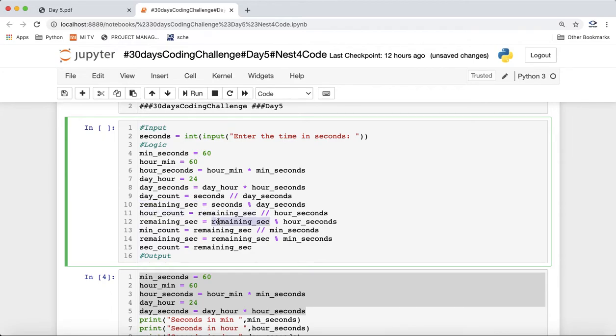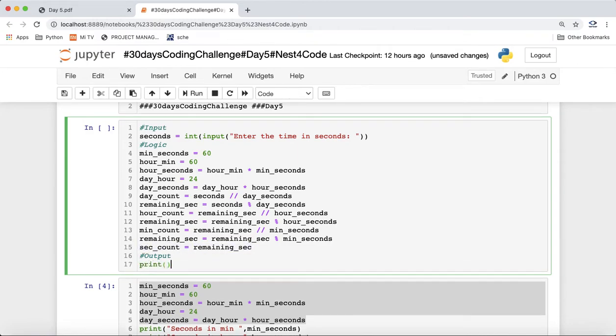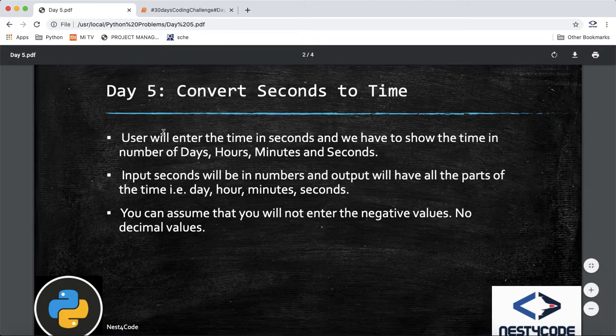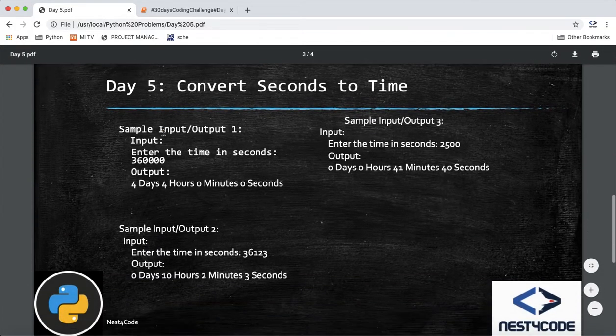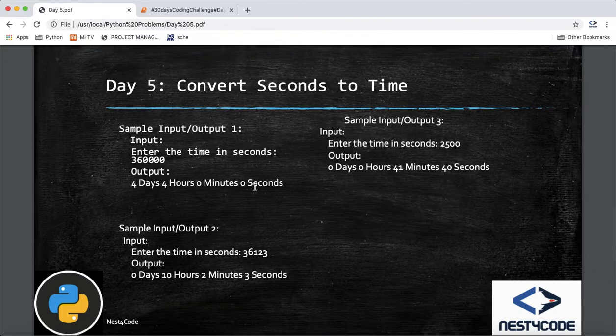Then we got the remaining seconds after we extracted the hour. Then we got the exact minute count. After that we get the remaining seconds count, and the remaining seconds will be part of the output. Let's get an idea of the output format also. So I think we have to show it like this: 4 days, 4 hours, 0 minutes, 0 seconds.